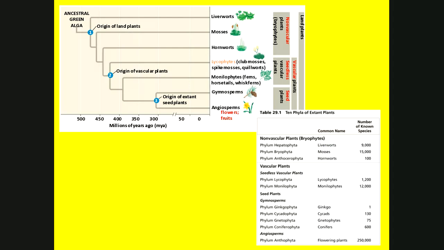All right, so now let's go into the vascular plants. Now we're into the tracheophytes. The first group of tracheophytes we're going to deal with have xylem and phloem, but they are still seedless. We don't have flowers and fruits and seeds until we get to the last two groups of plants, which is the subject of the next chapter.